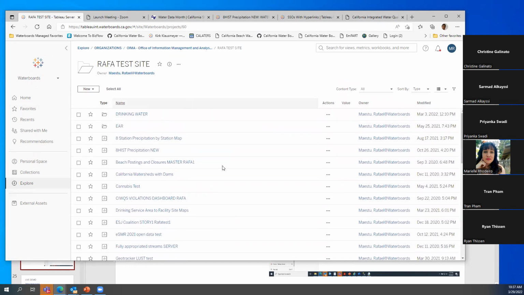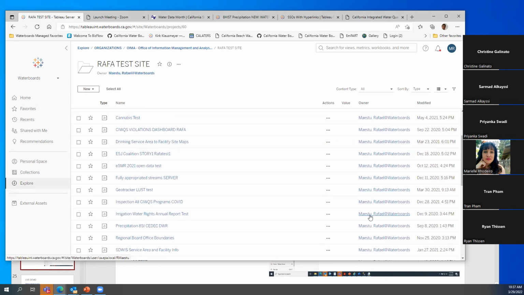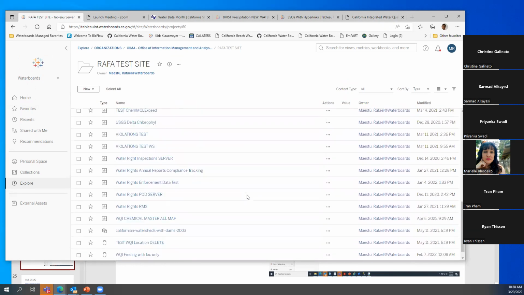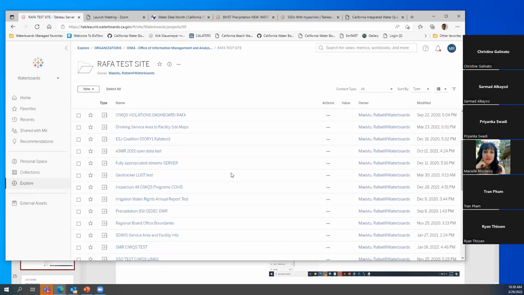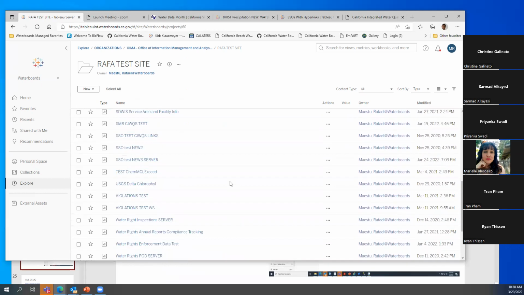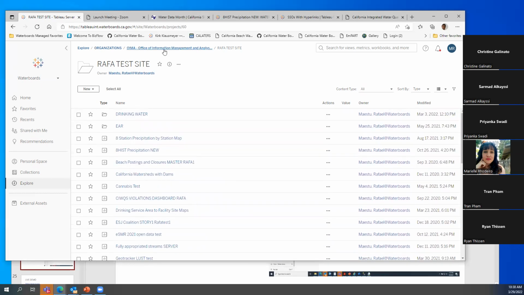Here I have control over all the projects and work that I've been doing, and I can set up permissions. All the other staff at the water boards can see the work I'm doing, or the examples that I'm working on. But I think it's a great opportunity to share information and data.